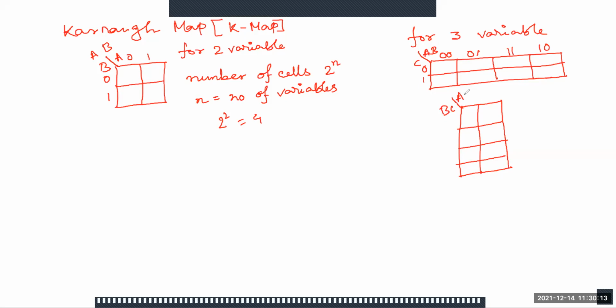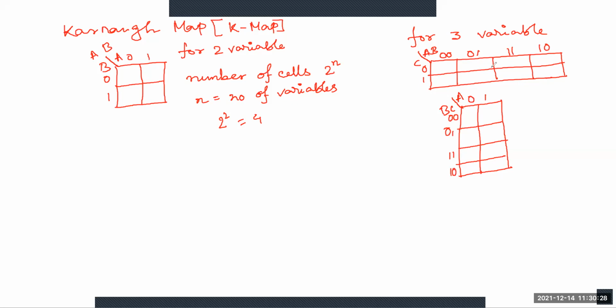So in that case, for the one variable the initialization starts with 0 and this is 1. And for this one, this is 0 0, this is 0 1, this is 1 1, and this is 1 0.